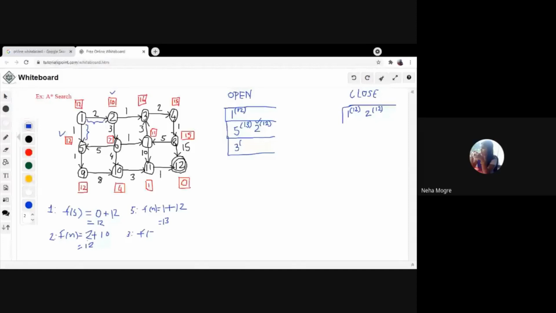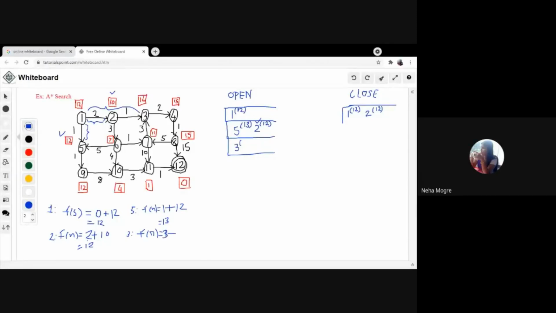For 3 you have to calculate the g value, right? The g value will be directly from the start state 1 to this particular state 3.